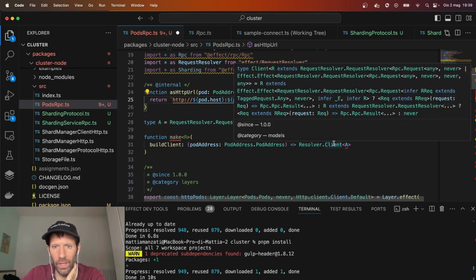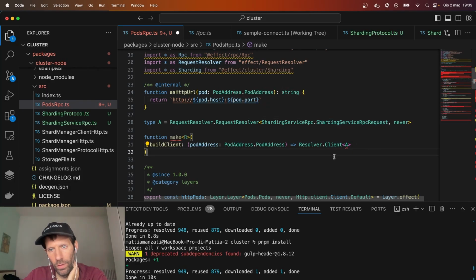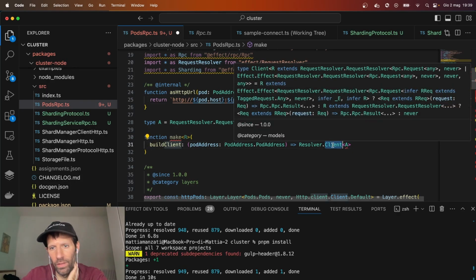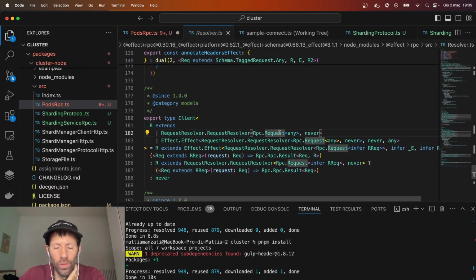But resolver.client, this is saying that I can either extend a request resolver that takes any RPC request. RPC request, oh, RPC request. And I'm not using RPC request, but I am using the schema right now, yeah? Okay. So let's see if the RPC request is just an alias for,